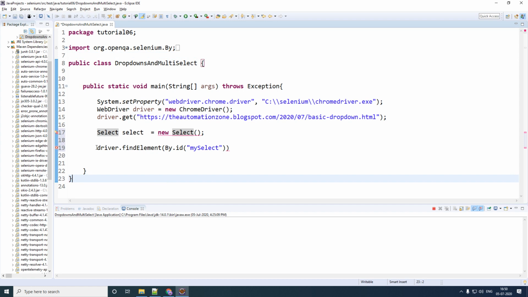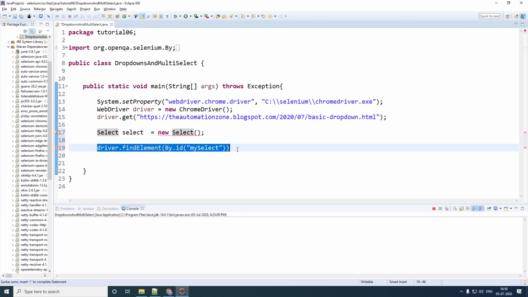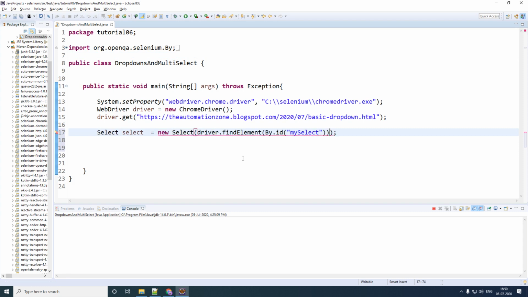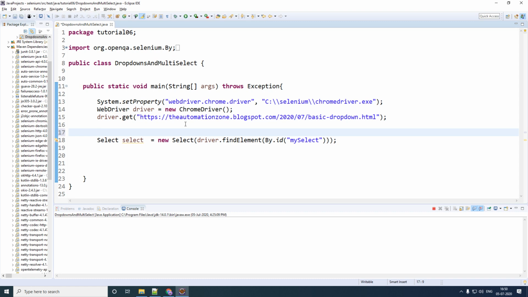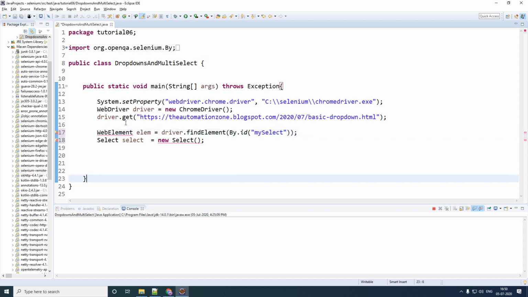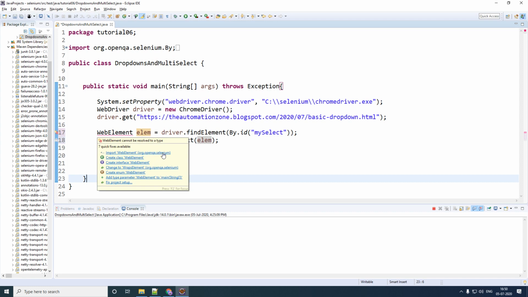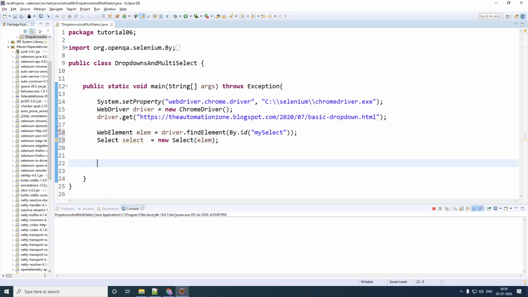So you can do two things. You can either take your web element and paste it inside of the parenthesis like this, or the other option would be to create an object of web element, give any name of your choice. So I'm going to give lem, and you save your web element in that particular variable like this, and then you pass in your object to your select class. Let me import the web element as well from Selenium. So again, both of it will work. The choice is basically yours.